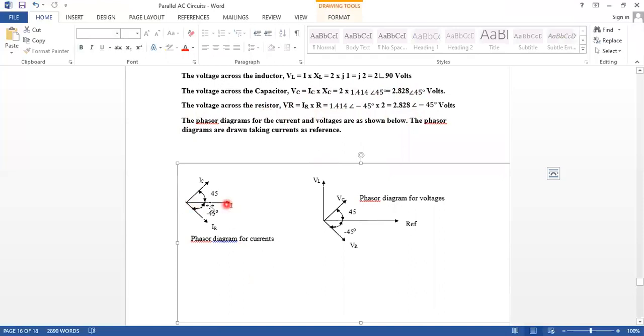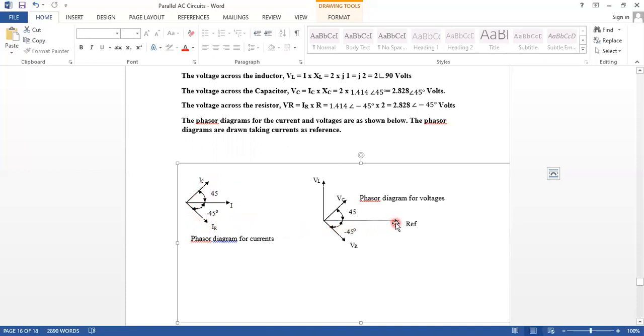If you see the phasor, first you are going to write current as the reference because it is 2 at an angle 0. Okay, it is in phase with V only. Because you are going to draw the separate phasor diagram, I have not included the supply voltage V. Fine. So only I we have drawn here. Now the current IR has an angle of minus 45 degrees, that is why I drew it below. And the current IC has plus 45 degrees, that is why it is drawn above. So this is the phasor diagram for currents.